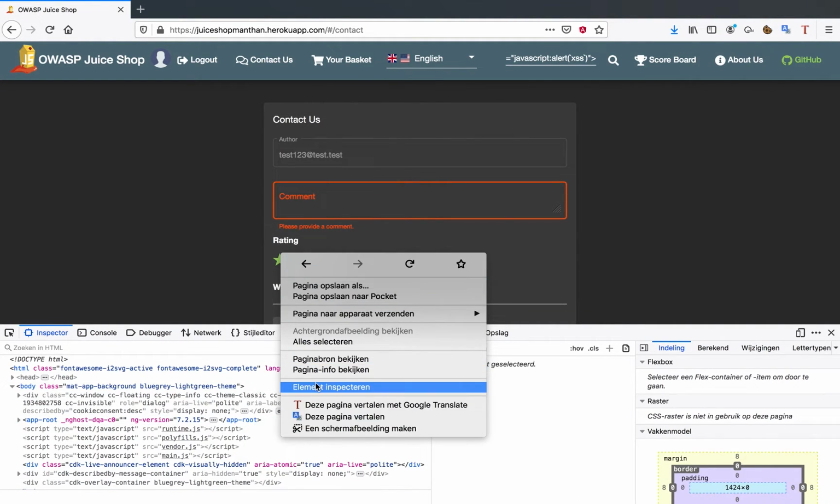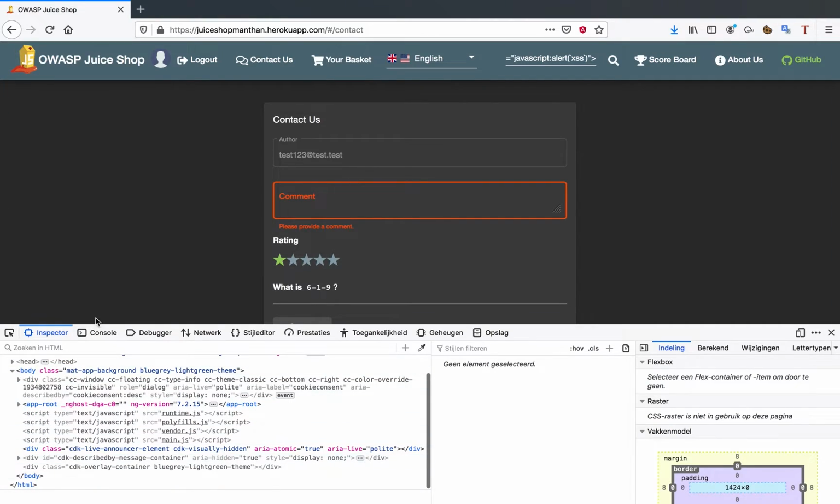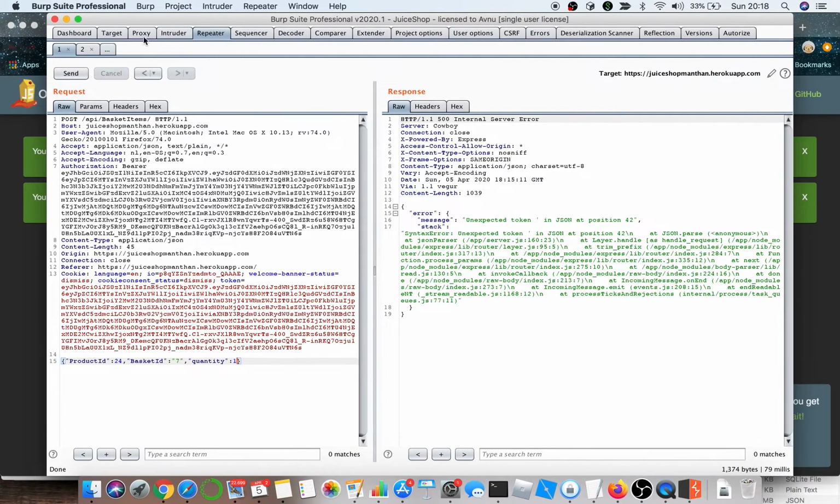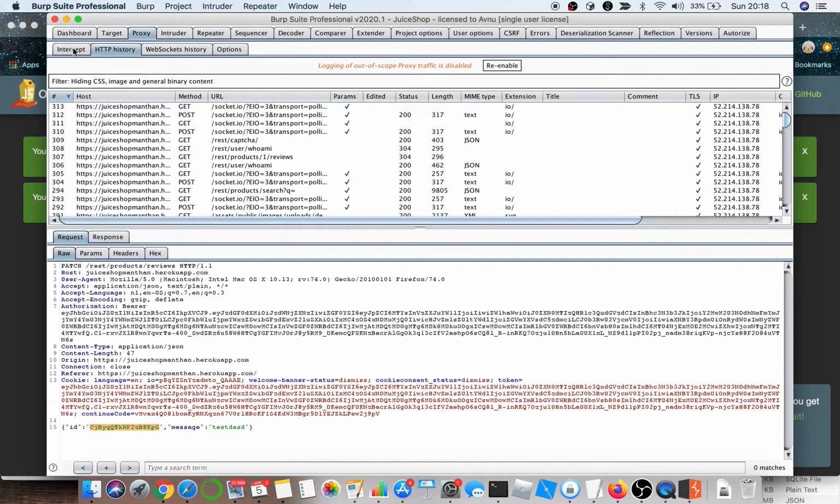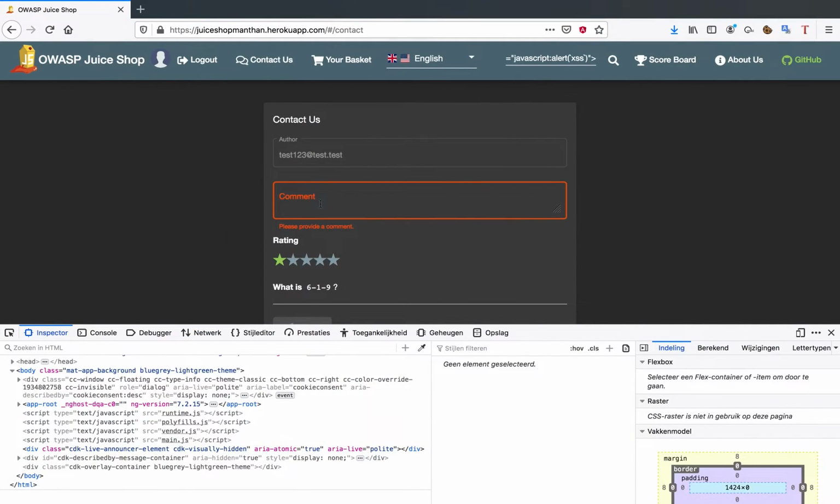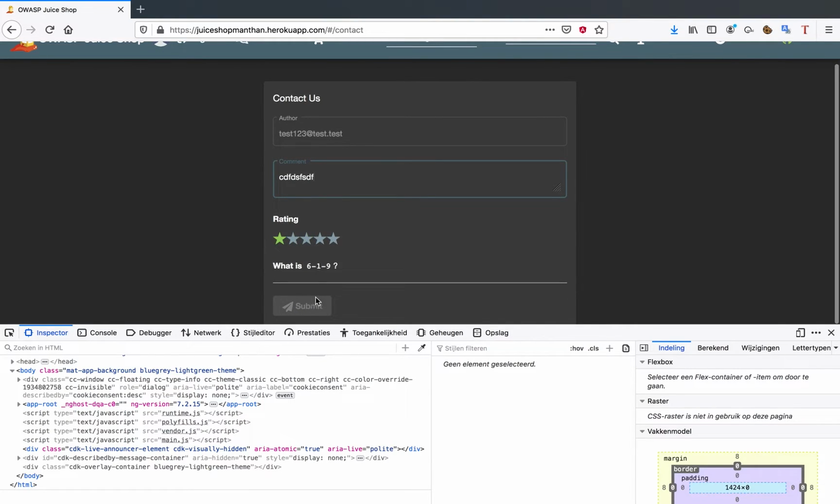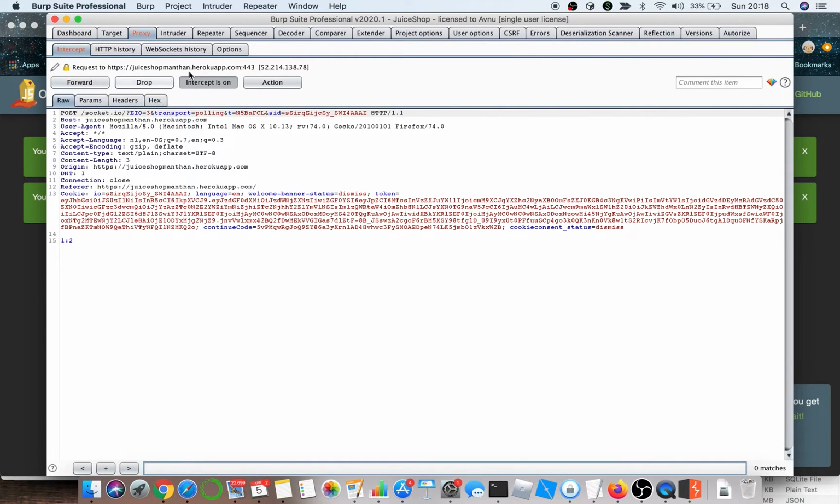So again, I'm going to inspect element. It's not going to let me do a lot. So what I'm going to do right now is go to my proxy, and this is where I'm going to intercept the traffic. Okay, I still have to solve the captcha, 1 minus 9 plus 5 equals minus 4. Now I have to submit, and when I submit I can see 1, 2,